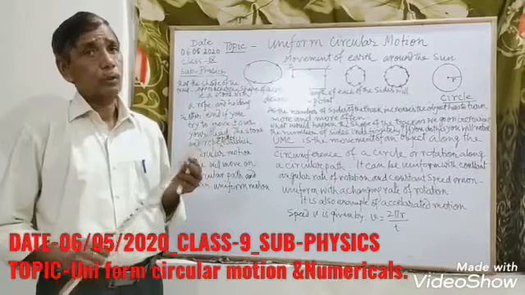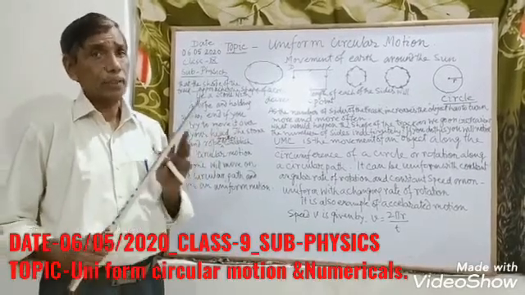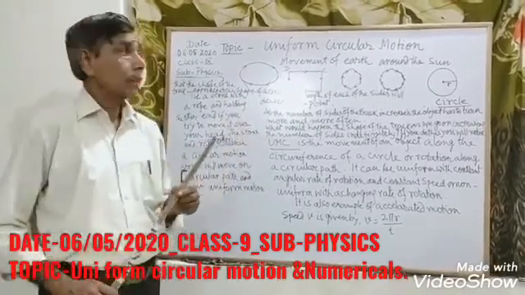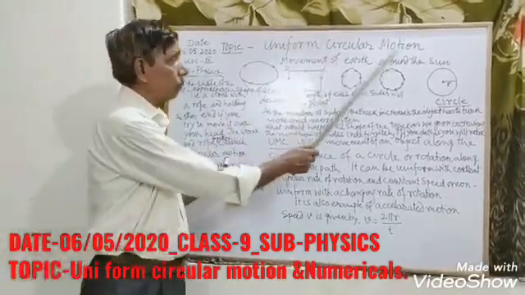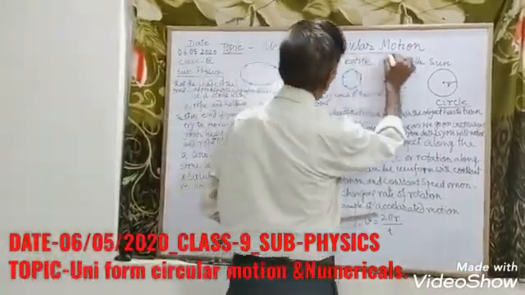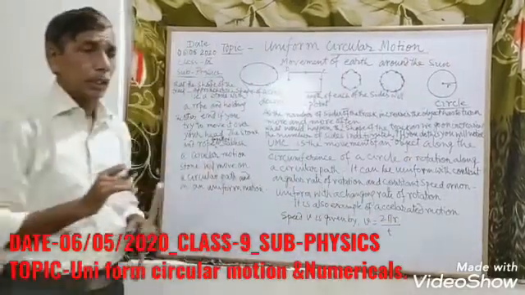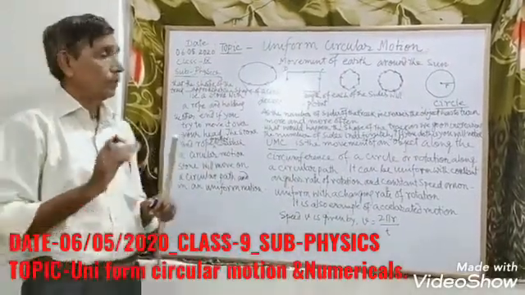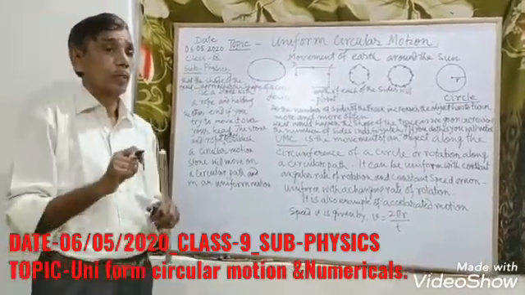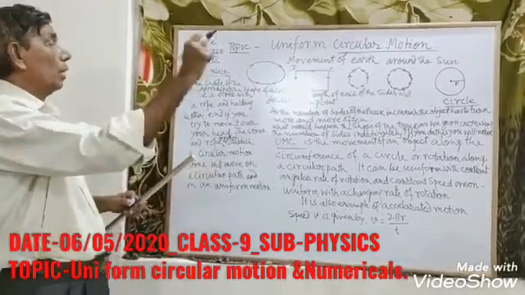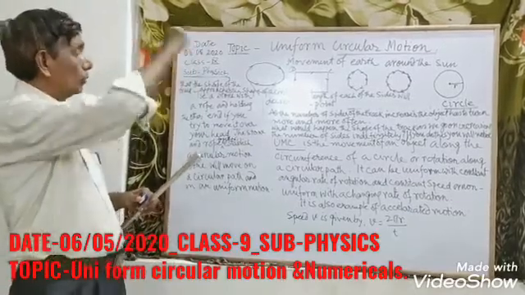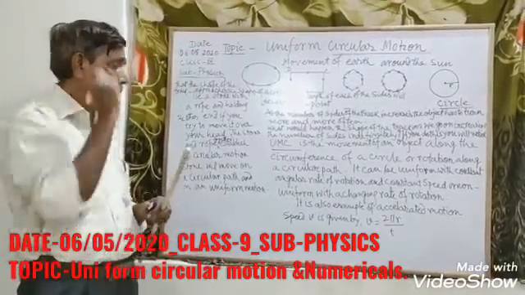All these three equations of motion were graphically proved yesterday, and today I shall explain uniform circular motion. What is uniform circular motion? My dear students, in our daily life, if you tie a stone with a rope and hold one end of the rope, and try to move it over your head,